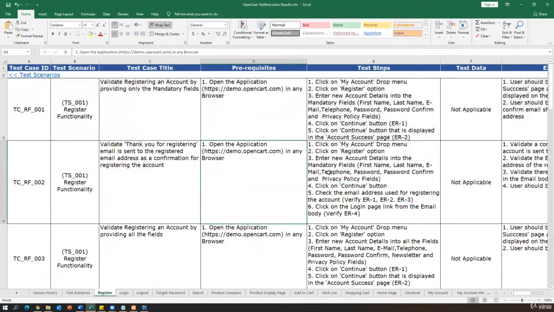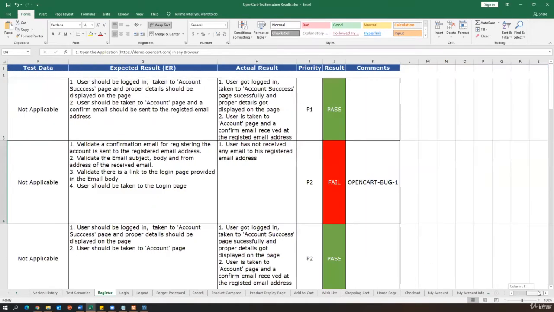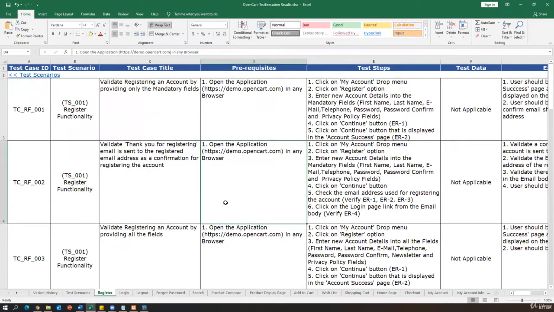And the second test case: click on the My Account drop-down menu, click on the... we'll see the failure test case. Yeah, the second one is a failure. Now we'll see why it is failing. Right, so the test case title: